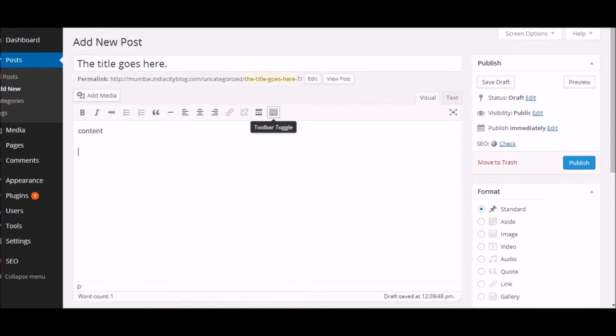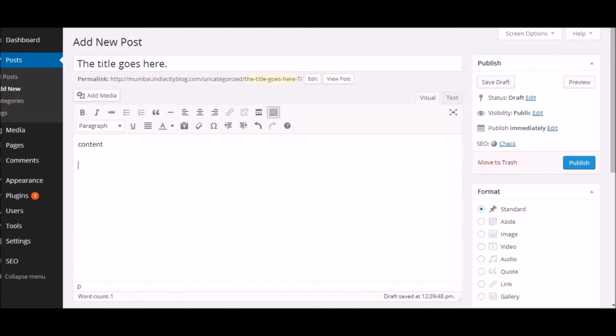And this is for more. If you want more options, you can just click on this and it shows you some more options. I'll not get into much detail about these things. So the content comes here, and all the formatting options are available here. It just gives you a feeling like you're editing a document in Microsoft Word. All the options are available right there. You can use them at your convenience.